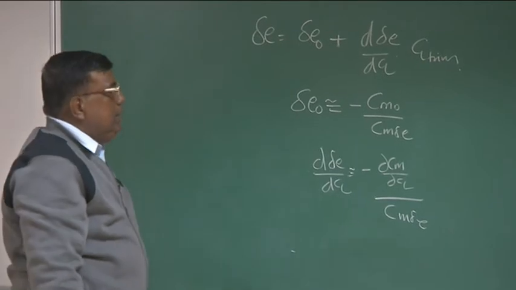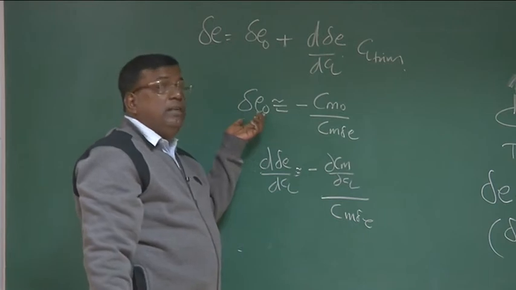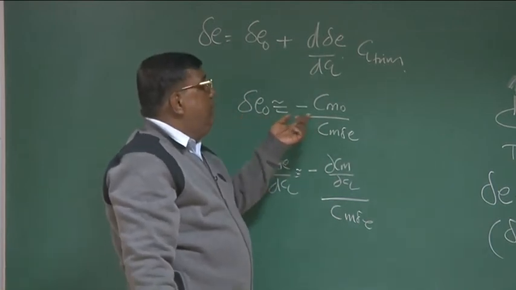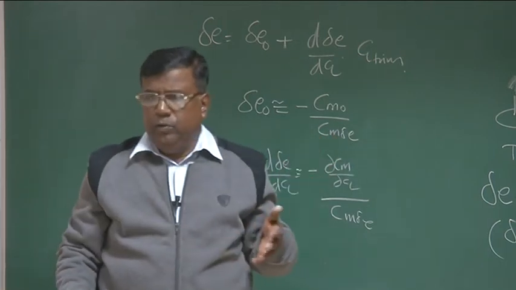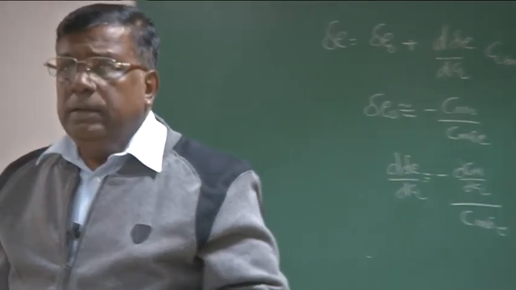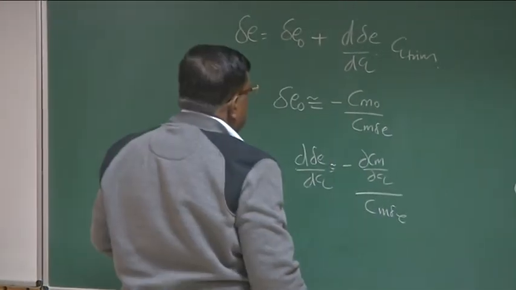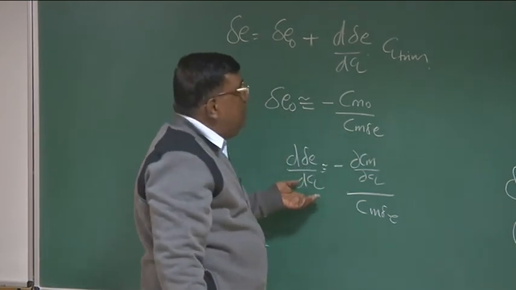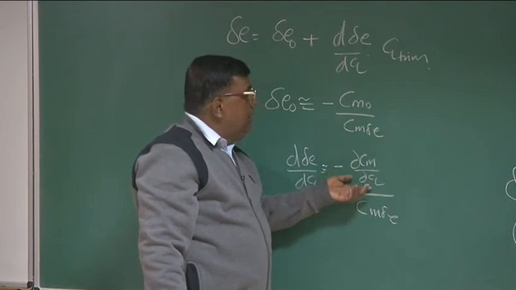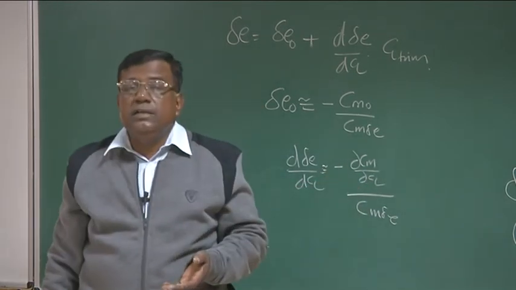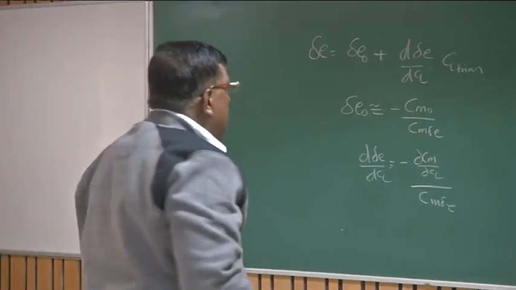Okay, so what is the message? For an airplane, delta E naught is known because the airplane will have a fixed Cm naught and Cm delta E if it is a low speed airplane. If it is a high speed airplane, this value may change with the Mach number effect incorporated. Similarly, d delta E by dCL, how do I know? This is dCm by dCL. Okay, dCm by dCL is what? It has a direct relationship with static margin. What is static margin? It is the distance between the neutral point and CG.